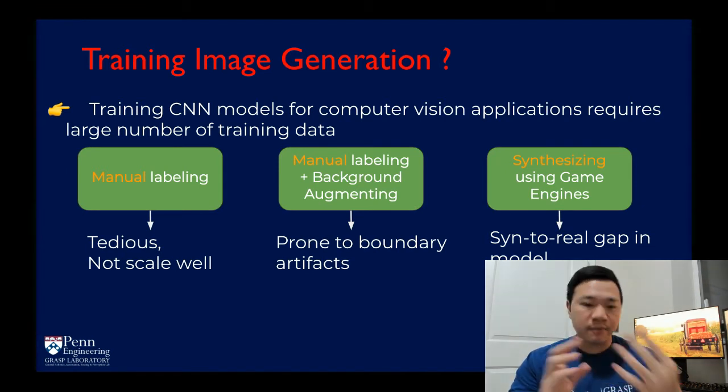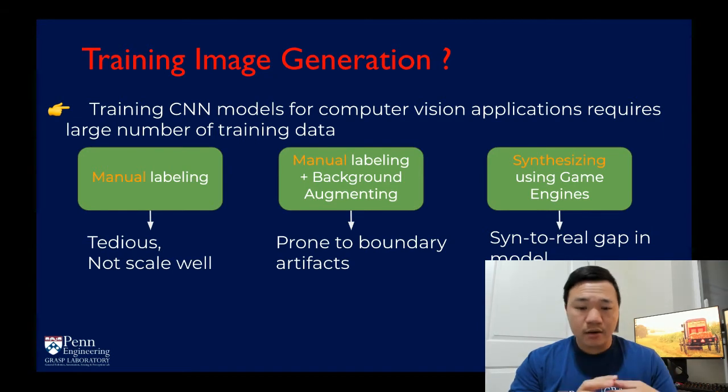Manual labeling is tedious and does not scale well. Manual labeling plus background augmentation brings boundary artifacts. And synthesizing using engines can produce a gap in model transferability, not to mention the need to build